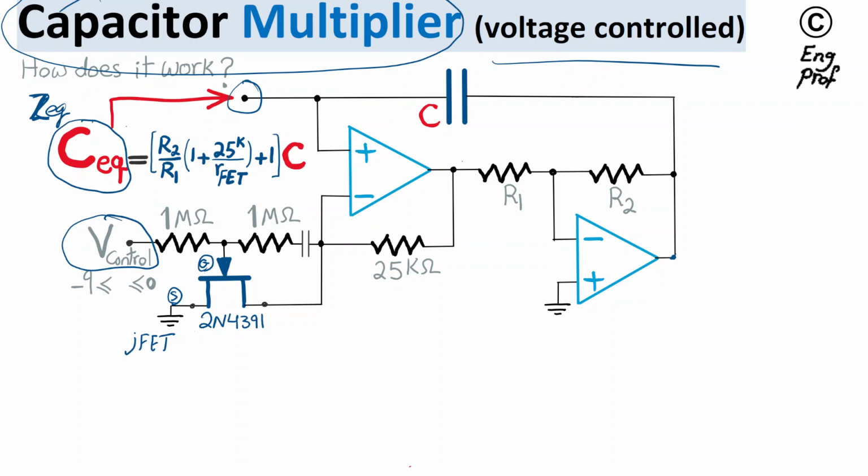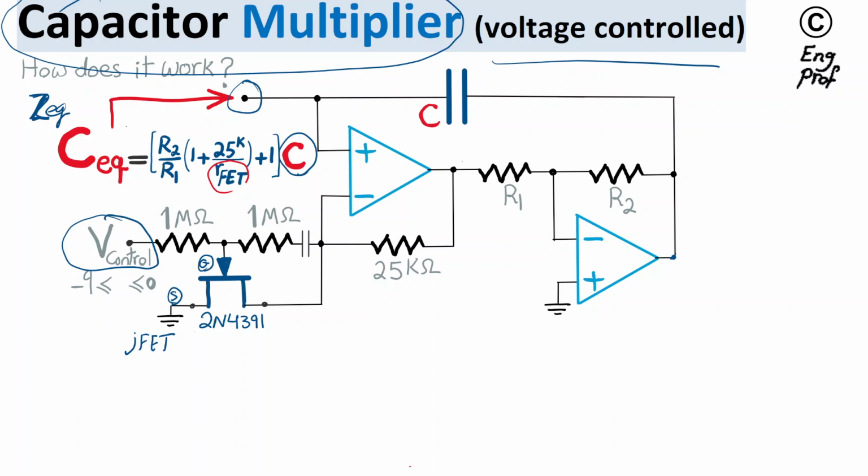So it's basically purely capacitive. That is, its value equals a scaled version, via this scalar, of the actual cap that is in the circuit. So by just a small cap that we put in this feedback route, we can actually realize a much larger cap whose scale value is defined by this scalar, in which the RFET,